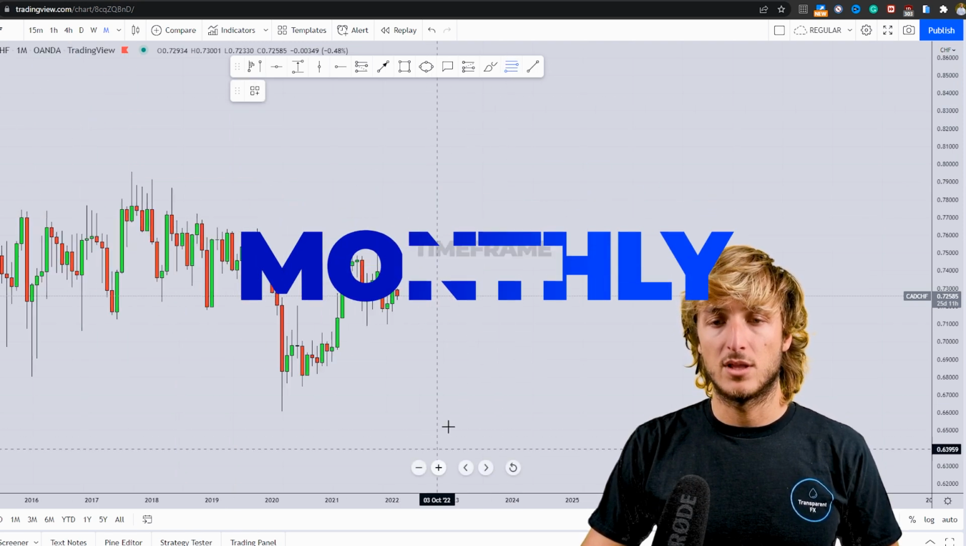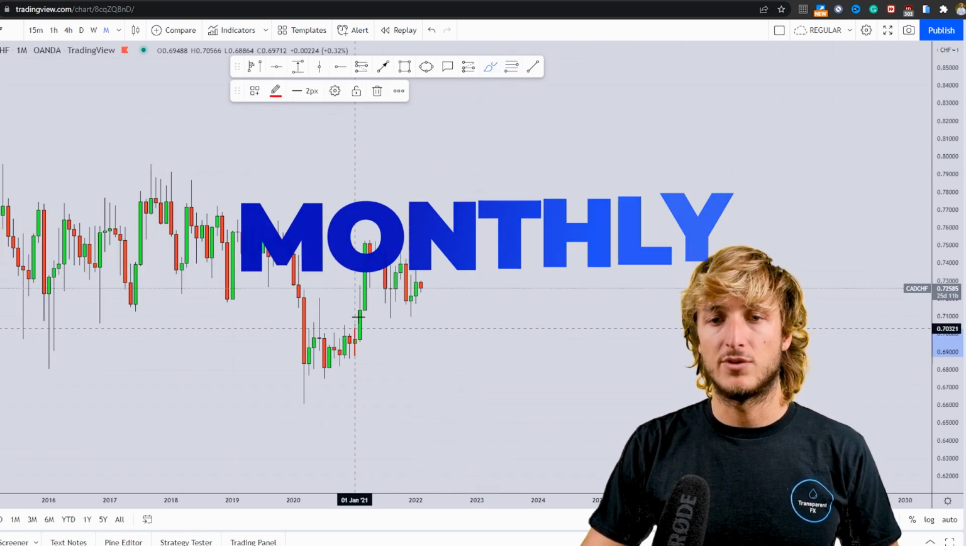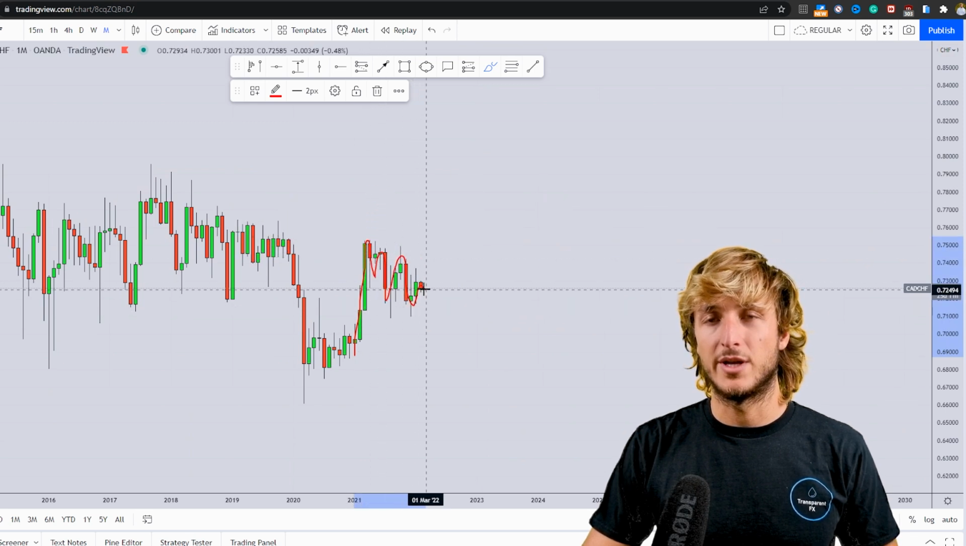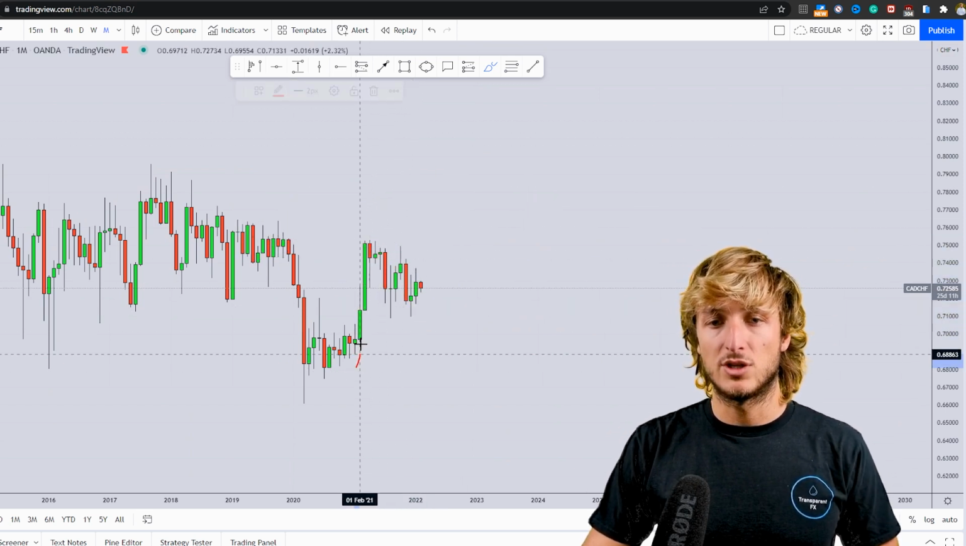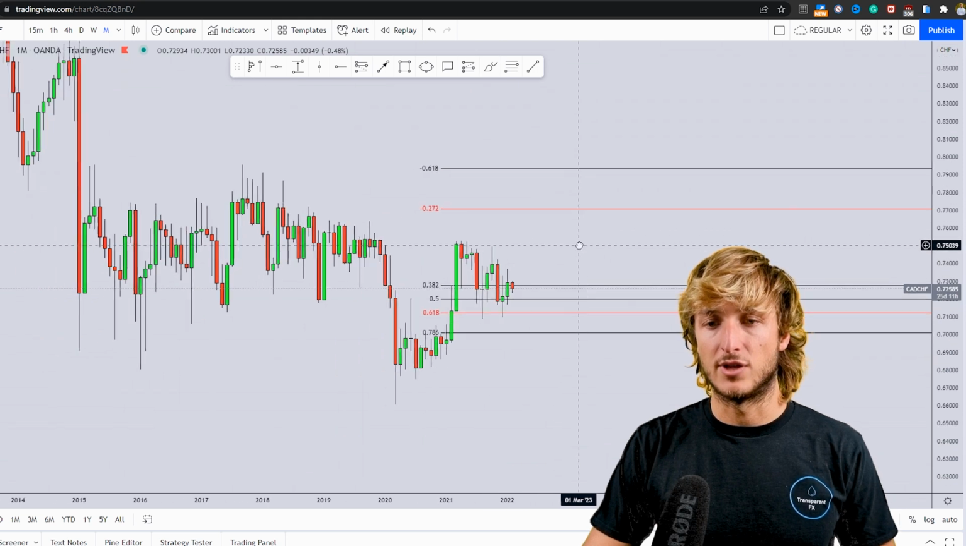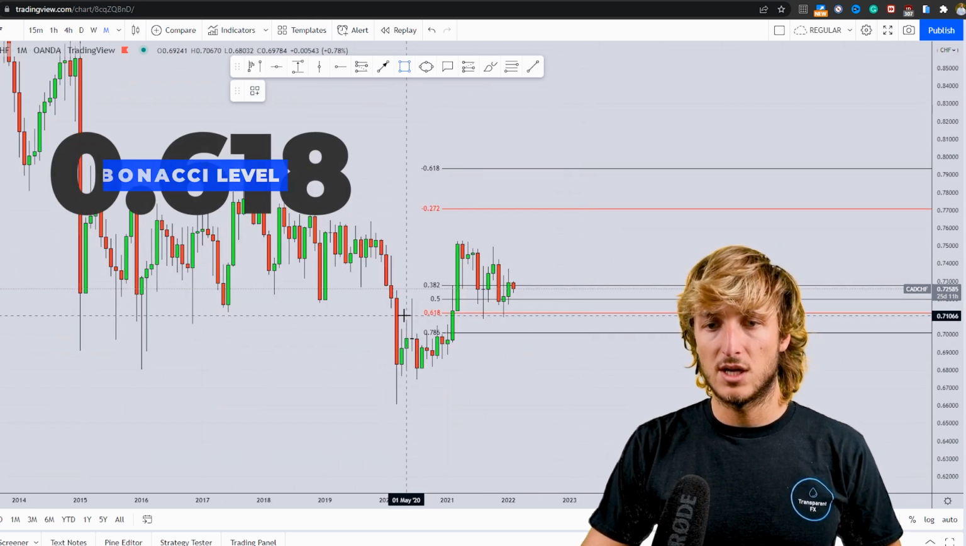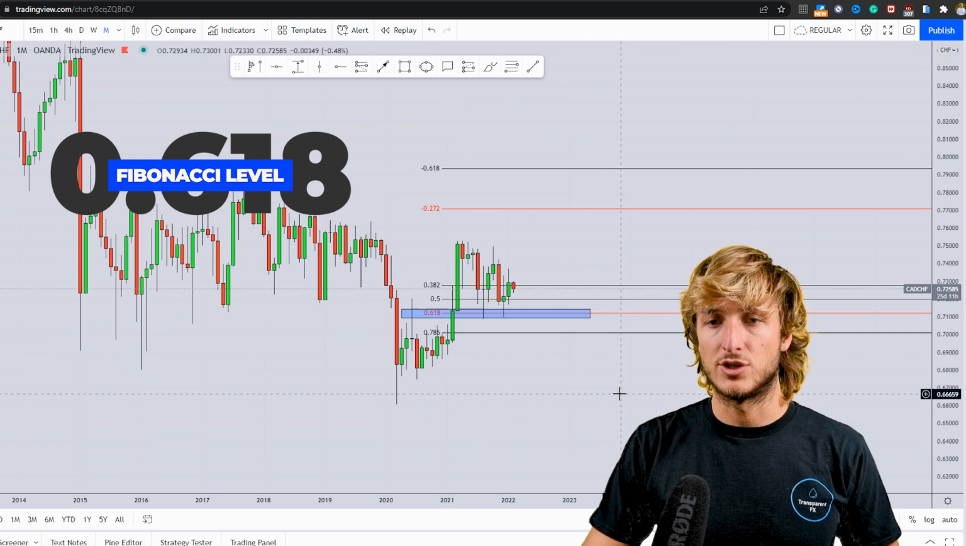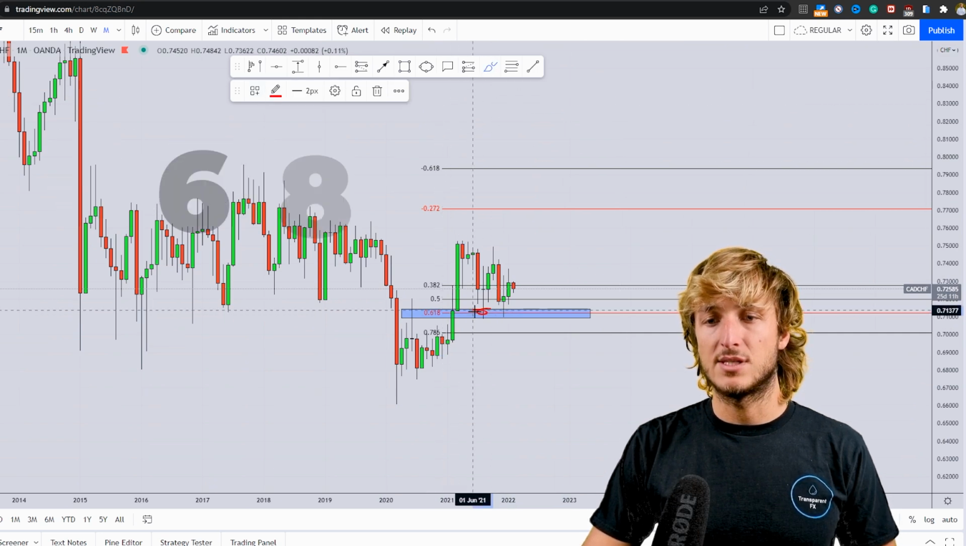Now, starting from the monthly, we can see how the market has just created a very strong impulse to the upside, followed by this complex correction. Now, in general, if you have an impulse and you want to measure the correction, what you have to do is take your Fibonacci from the low to the high of the impulse. And if we do that, we can see how we have a 0.618 Fibonacci retracement lining up exactly at this